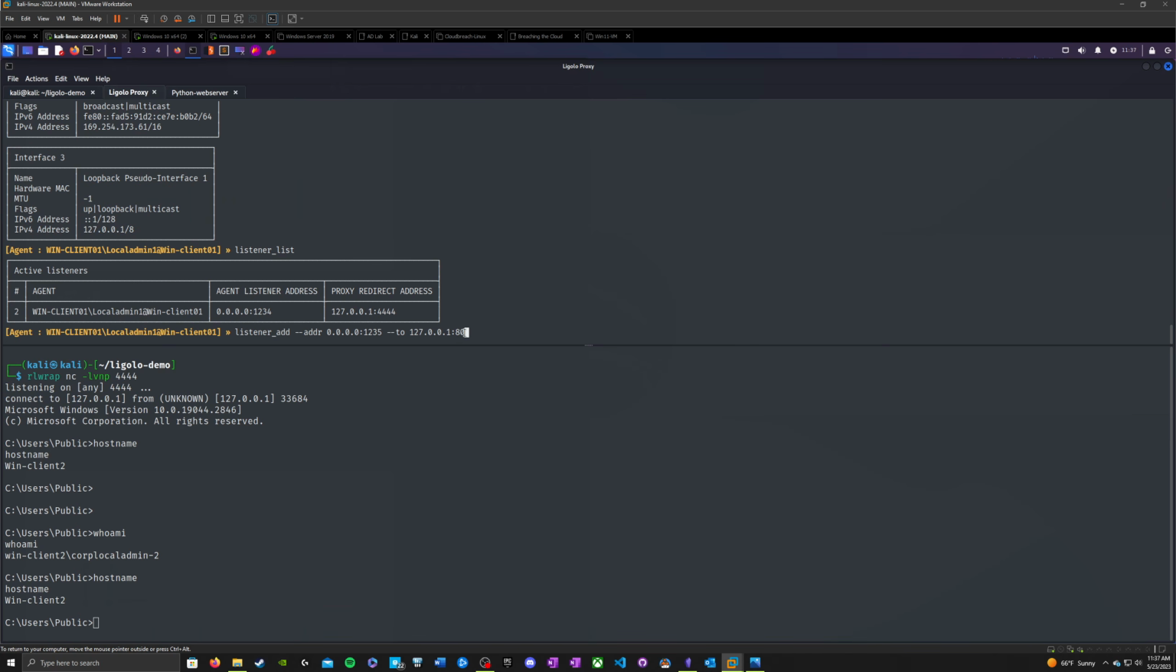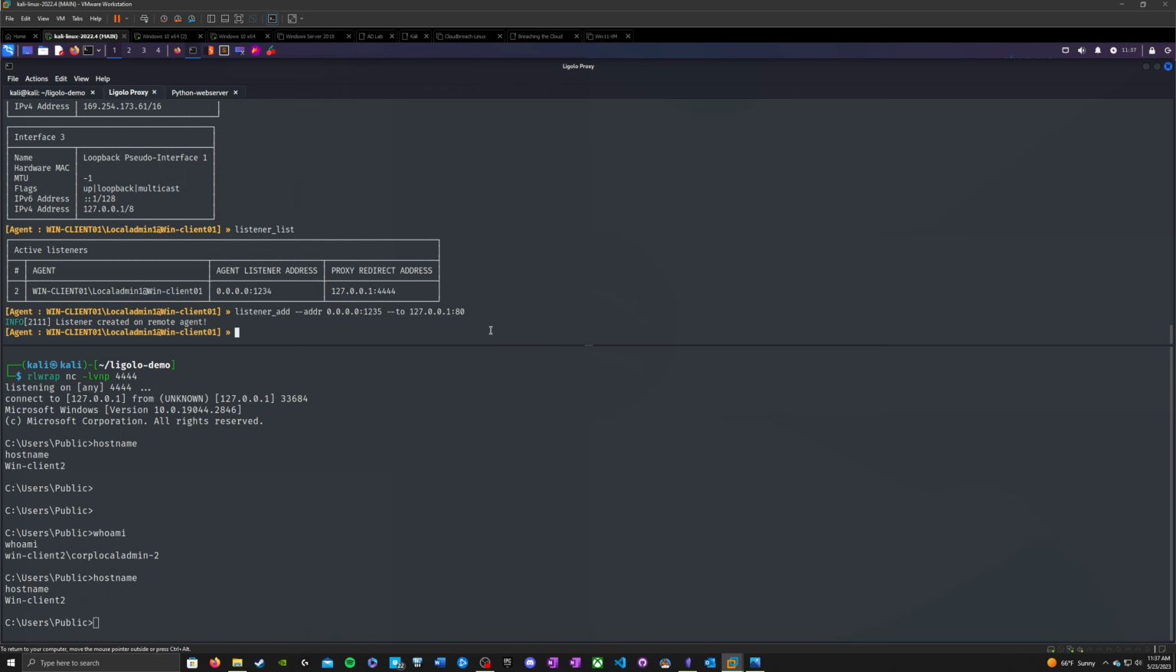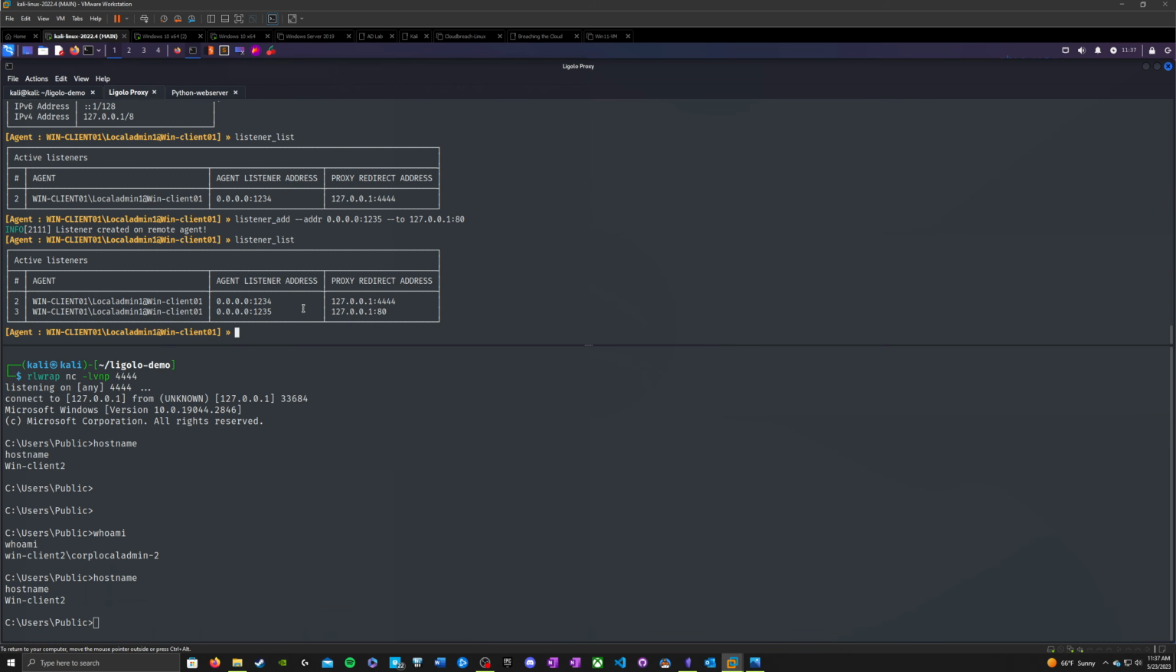The reason why I'm choosing port 80 here is because this is where I'm going to run my Python web server on port 80, okay? So we're basically adding a dedicated listener here for file transferring. Go ahead and add that, confirm with listener list, and now you see we have 2 listeners here on MSO1,